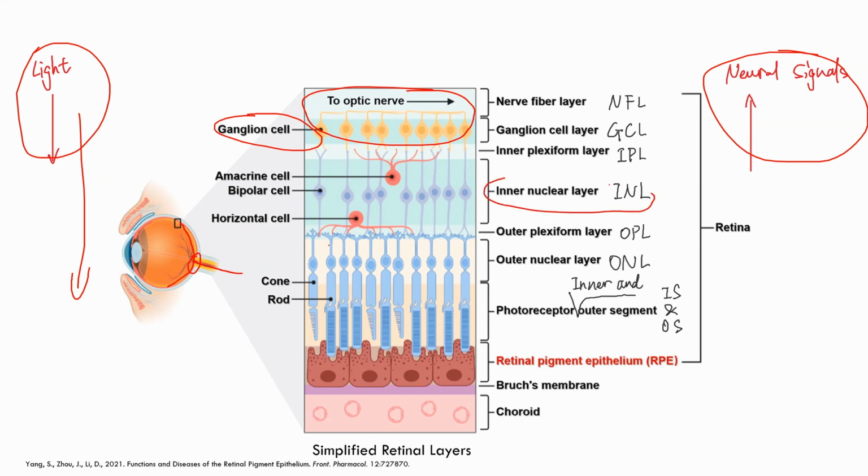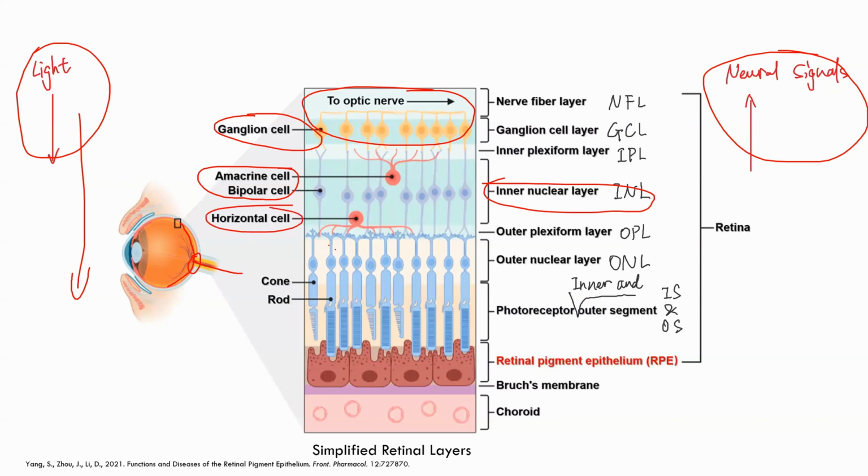In this inner nuclear layer, the cells are amacrine cells and bipolar cells. The amacrine cells are mainly responsible for modulating the signals from bipolar cells before transmitting them to the ganglion cells, while the bipolar cells receive visual input from the photoreceptors and the